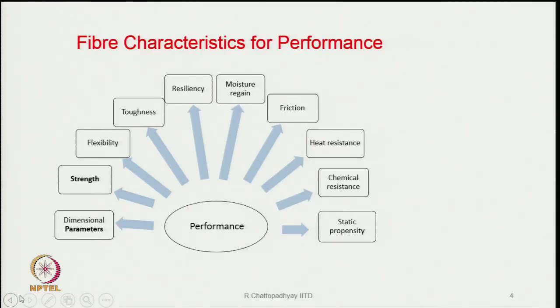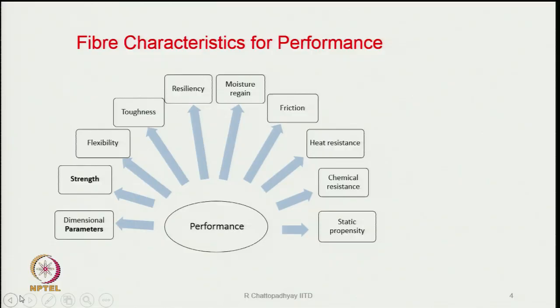So, if we look at this, we see that dimensional parameters is one of them, that is length, fineness, cross-sectional shape or crimp, or whether the fiber is hollow or not. These are basically the dimensional parameters of the fiber. The next comes the mechanical properties of the fiber, where strength is important. With strength, obviously, the elongation also will come, the modulus will also come, the flexibility, the bending rigidity of the